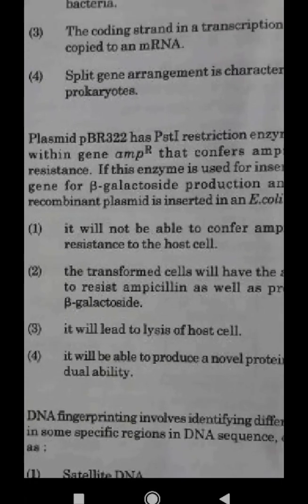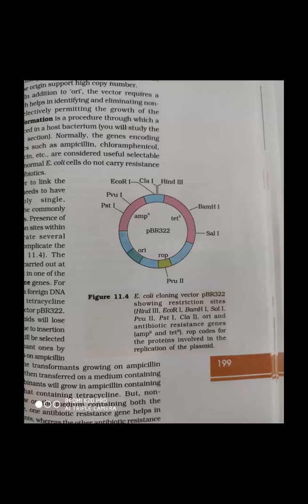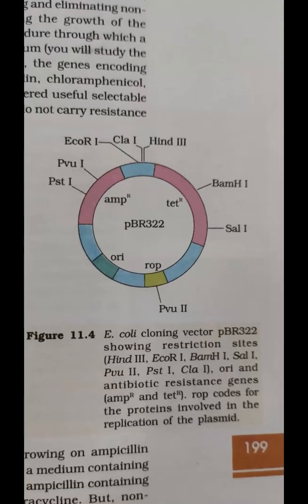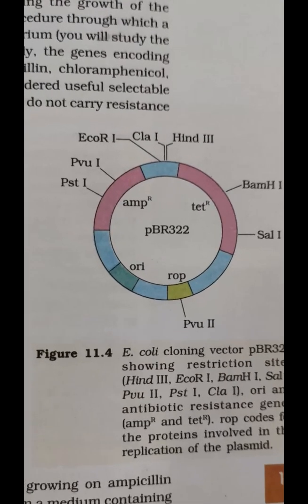When a foreign gene for beta-galactosidase is introduced, the ampicillin gene is cut by PstI, so the bacteria won't be able to resist ampicillin. So the correct answer for this question is